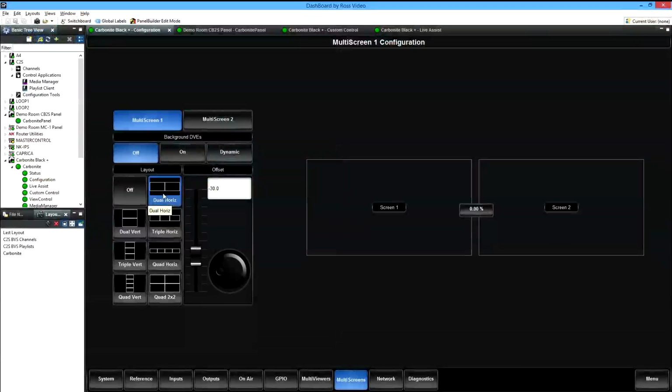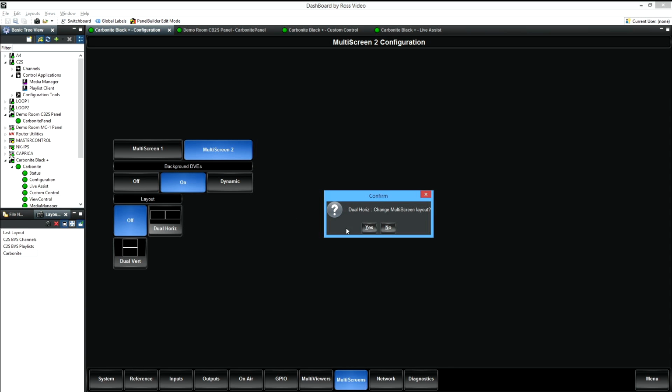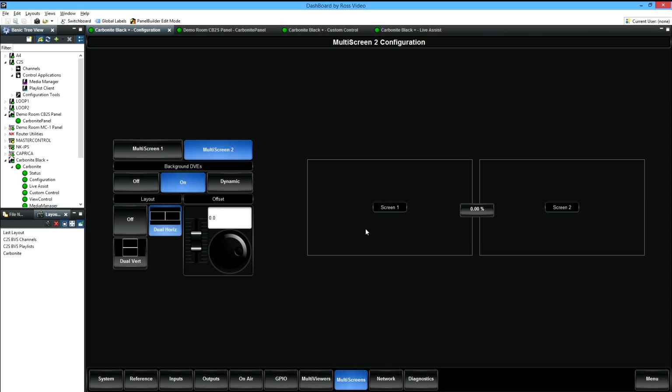Because we use the dual dashboard, you can see that now multi-screen is available. This is useful if I've got a couple of different screens, on-set monitors, dual projectors, or live event IMAG with dual screens. This is our means to be able to get all of that information onto the screen.